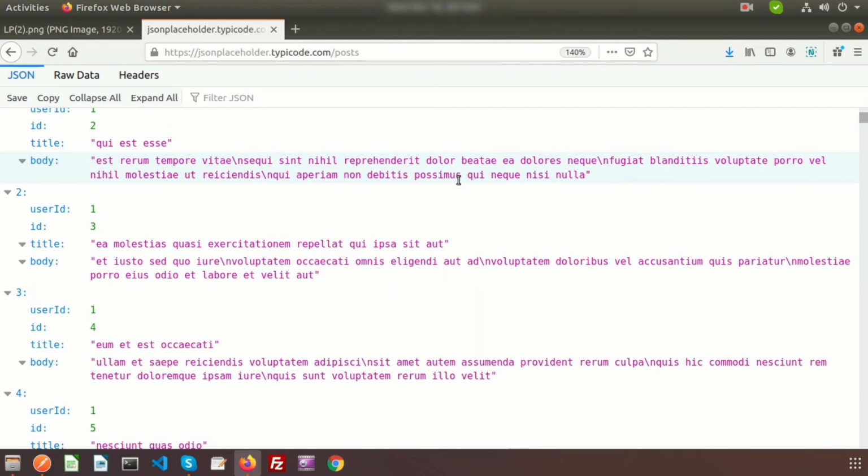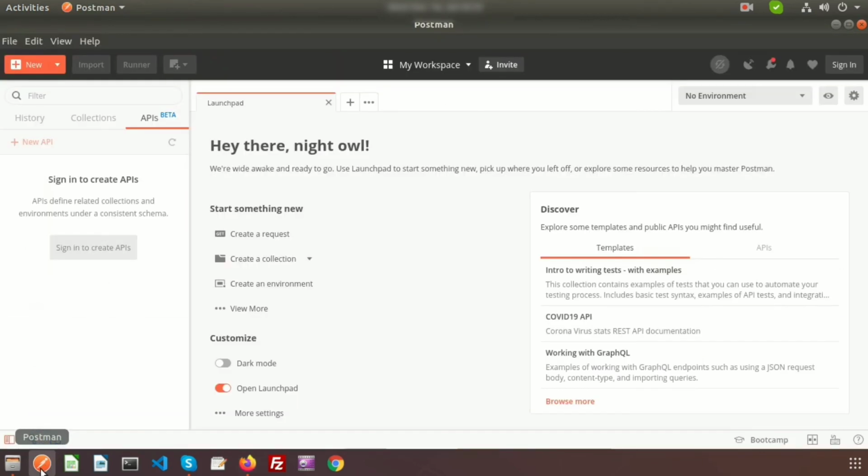We can test a get request from our browser, but for put, post, patch and delete there are many things we cannot test in the browser, so we need to use different tools. Here I have already installed Postman. Using Postman we can test any type of request.